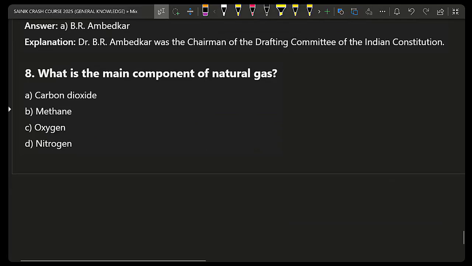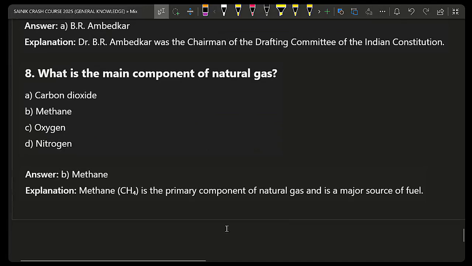Yes, poll completed, and I got 3 votes for carbon dioxide, wrong answer, 4 votes for nitrogen, wrong answer, 7 votes for oxygen, wrong answer, and majority of the class gave correct answer, that is methane. We discussed this already in class. Revision you are not doing. Methane's chemical formula is CH4, one carbon atom and 4 hydrogen atoms together forming this molecule. It is a primary component of natural gas and is a major source of fuel. So by burning it, we can create the energy. That's why it is a source of energy. And next we have,